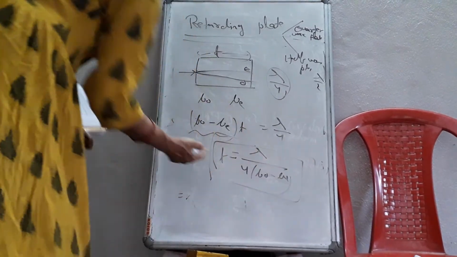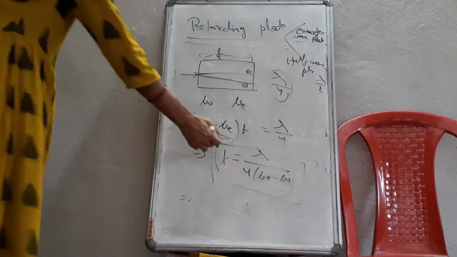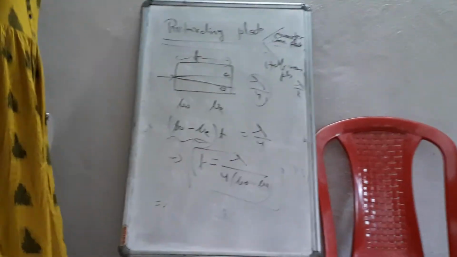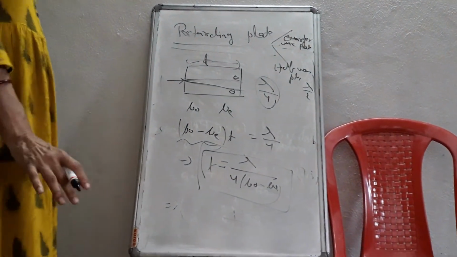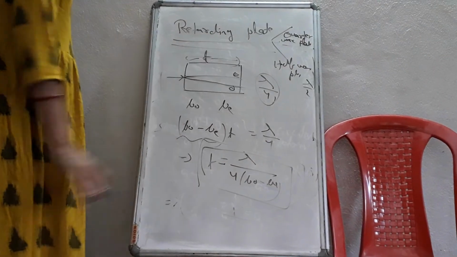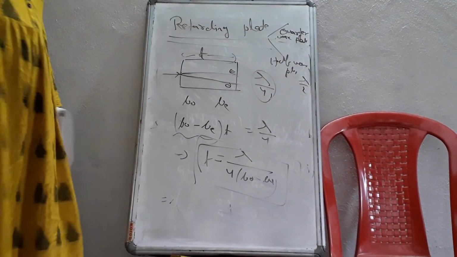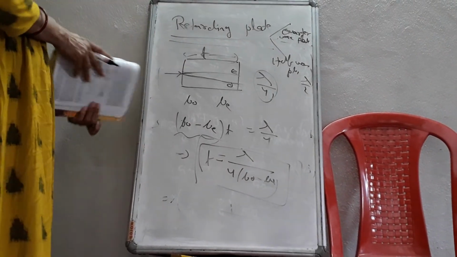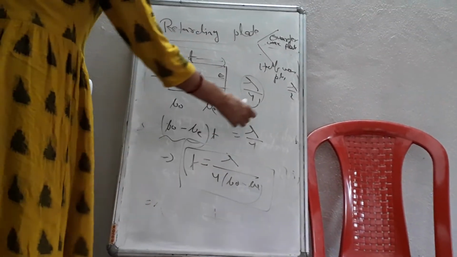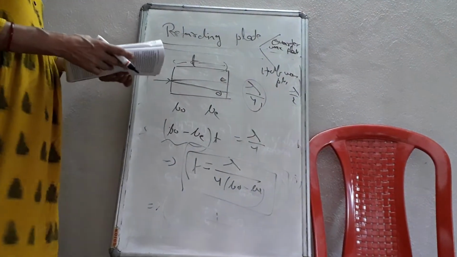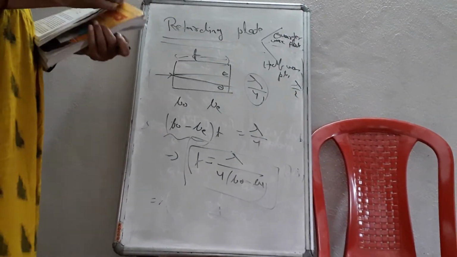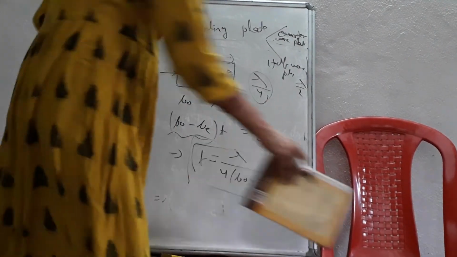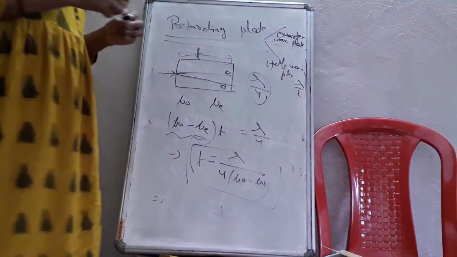So you can even get a numerical type of question: what should be the thickness of a quarter wave plate? It depends on what wavelength of light is used, a particular wavelength for that. This is calculated, so different retarding plates are designed. For a half wave plate similarly, we can calculate; only the path difference will be lambda by 2. Thus, by using a retarding plate, either half wave plate or quarter wave plate, we can introduce a path difference.